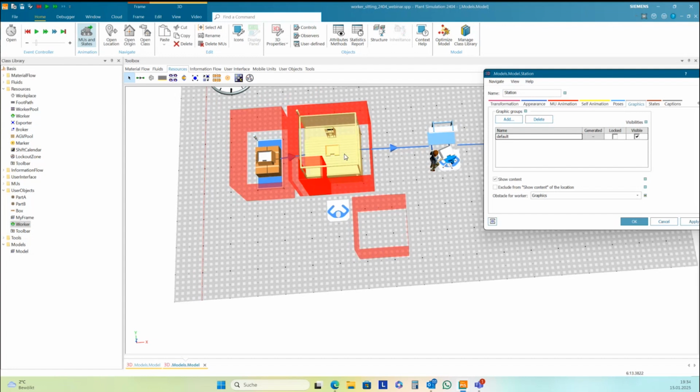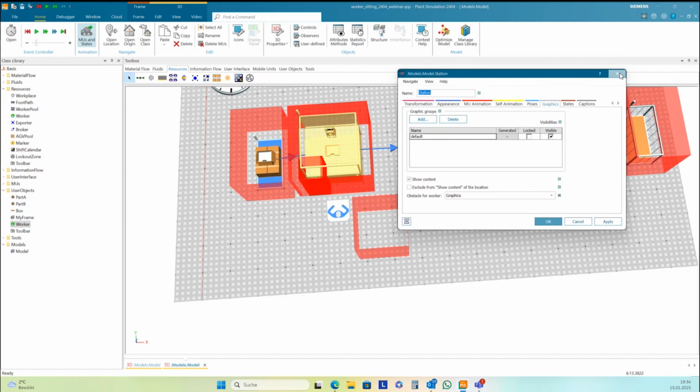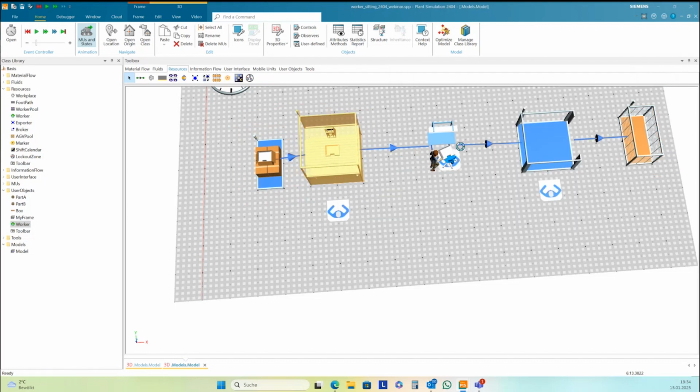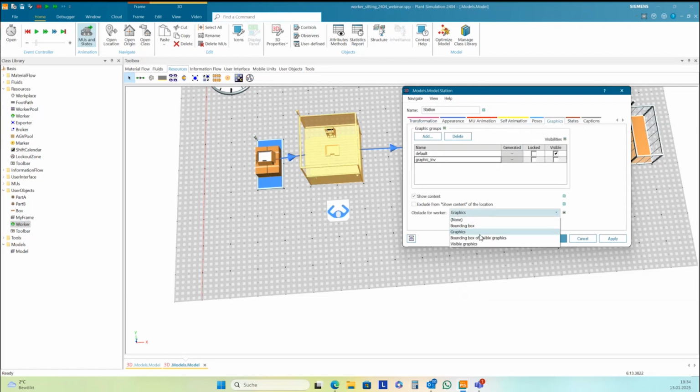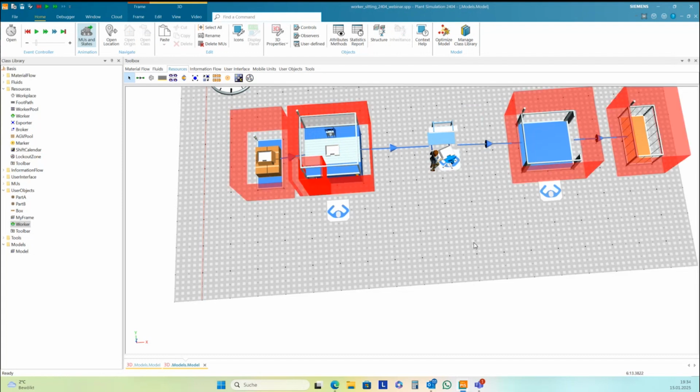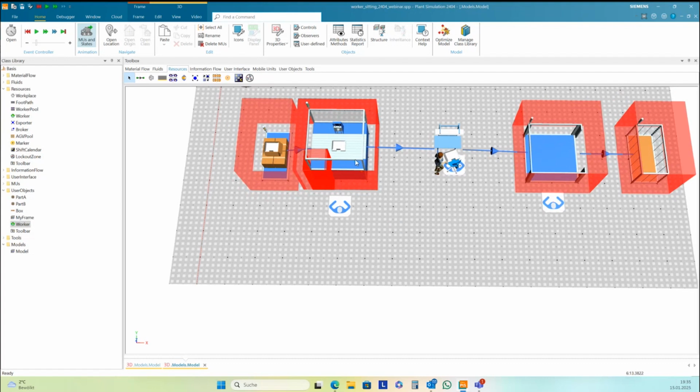And so this object here, graphics has also a bounding box of visible graphics, so that it does not take into account the invisible graphics. I only want to see the visible graphics. And now the obstacle is without the invisible graphic. And the bounding box, again, is only the graphic here.